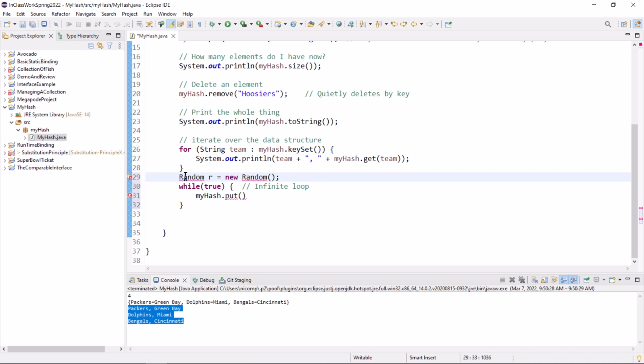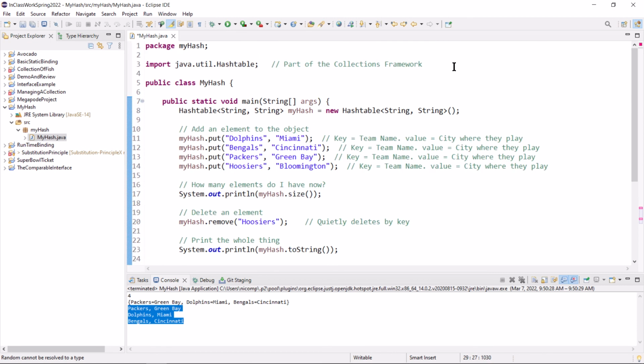Of course, it doesn't know what random is. And please tell me you'll add the import statement, because I don't know what it is off the top of my head. Why did the help just stop working? Oh my word. Well, I know I need an import, so I'm going to go look that up. I'll be right back.